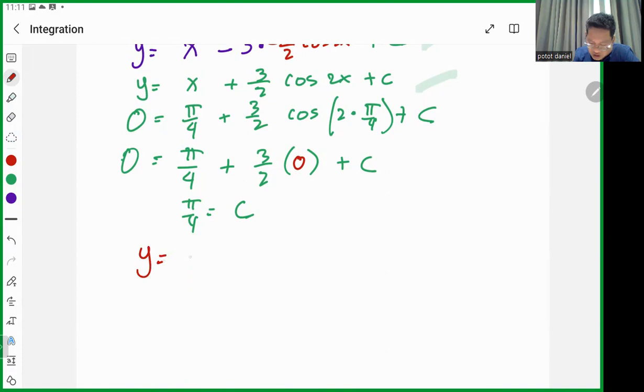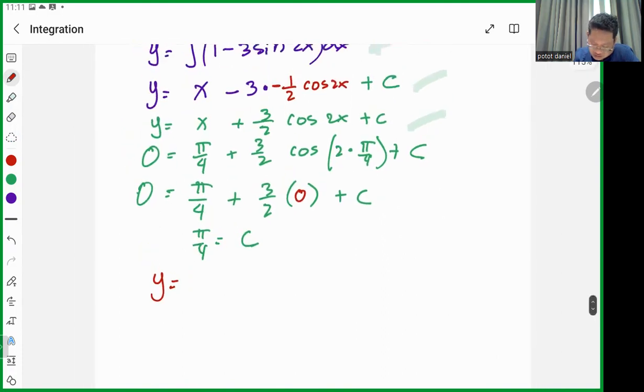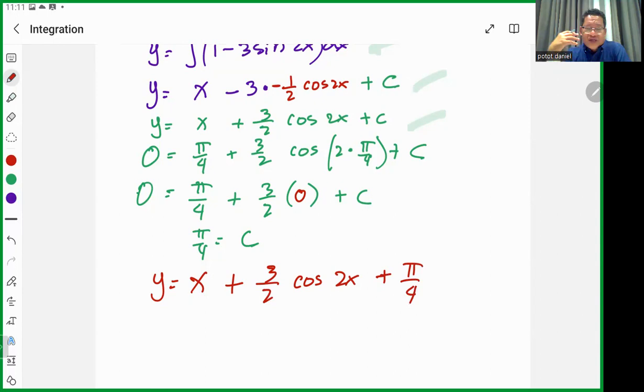I mean, always review your work. The answer is cosine 2x plus pi over 4. Okay, so basically that's what you're going to do. I only emulated to you what you must do every time you're doing the examination, especially if it involves